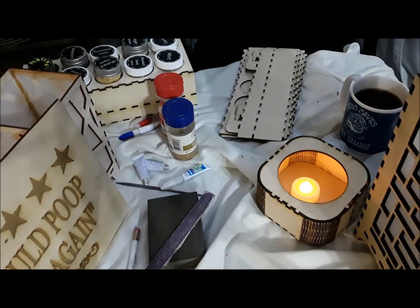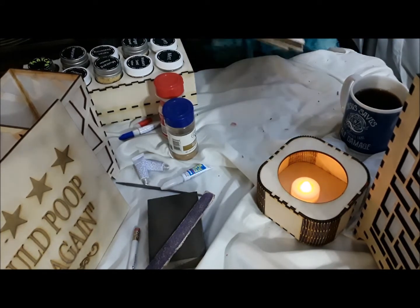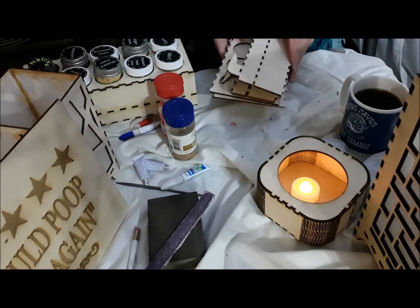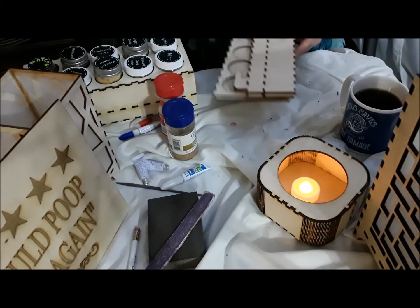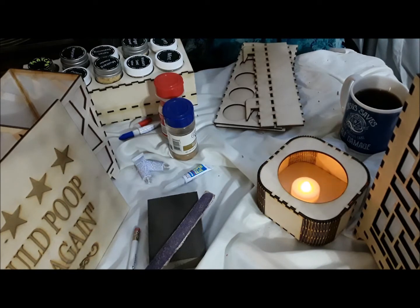Fantastic. It's time to build the spice racks. Here we go. You could download the designs and print them out yourselves on your laser cutter. It's for 3mm wood, or you could order the flat packs from us. And depending upon your laser or how it cuts, I recommend you pick up one of these little files from Harbor Freight Tools, so you can give it a little touch up